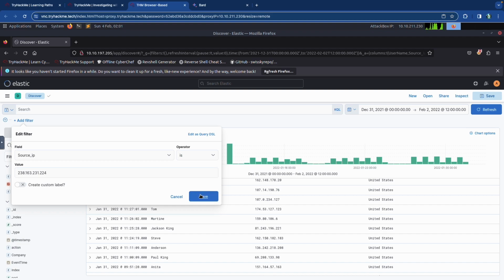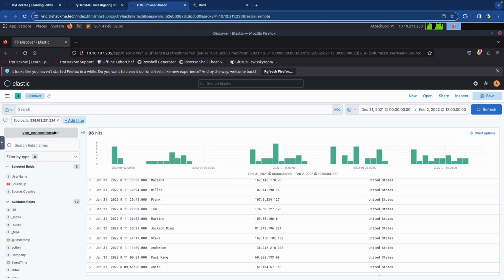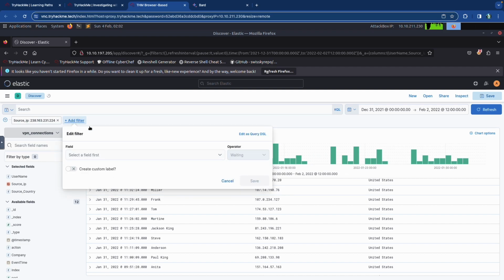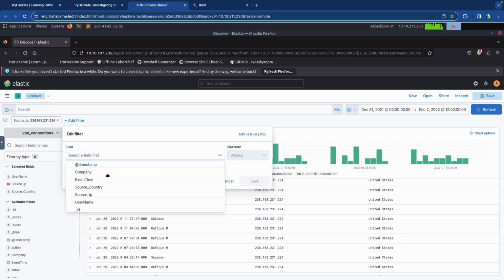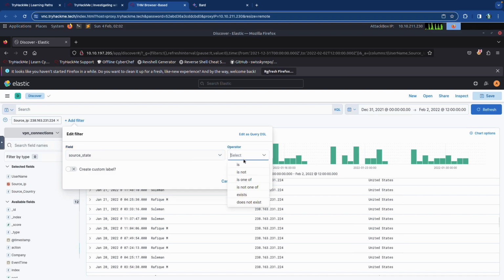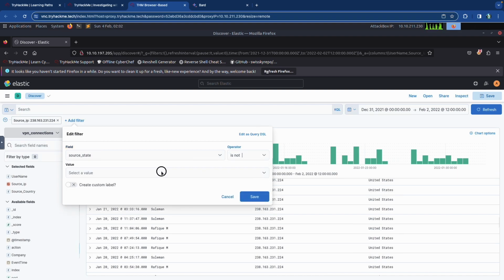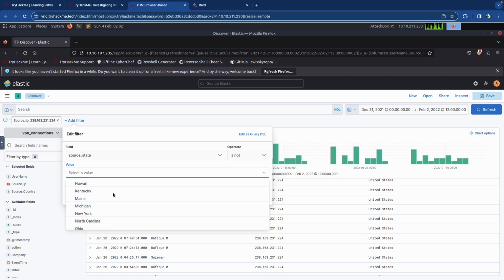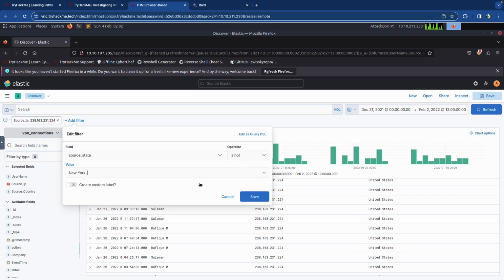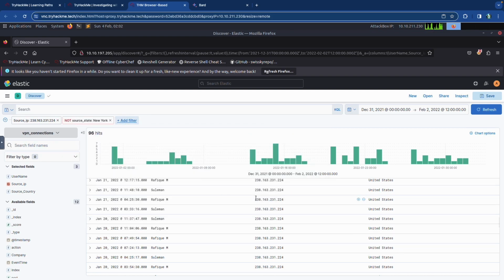So that's the first one, and it excludes the state of New York. So we're going to go here, and the state, let's go find state, and there it is. And we're going to say the state is not the state of New York. So just click on that and save that. And now we have our data.